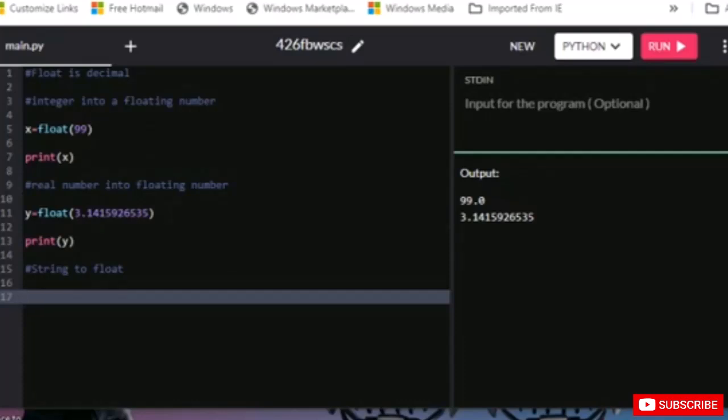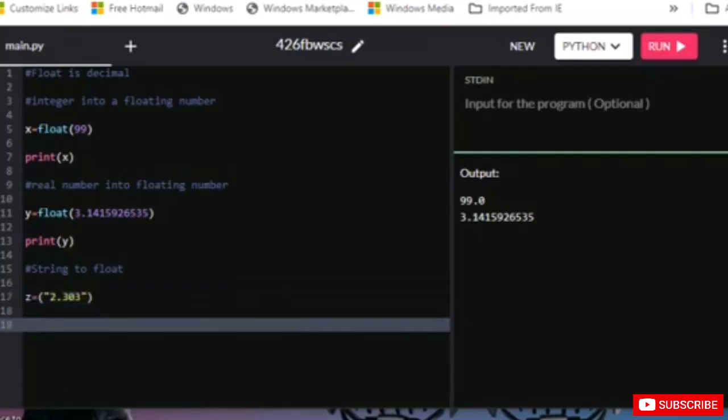So let's just use z as a variable for now, and let's just keep the brackets and put the apostrophe, and let's write 3 point. Okay, let's try something different. Let's try the value of e. So it's 2.303. Okay, so what makes it different from actually the float? You can pause here and think about what's the difference between the real number and the string.